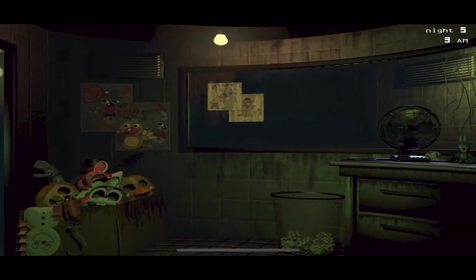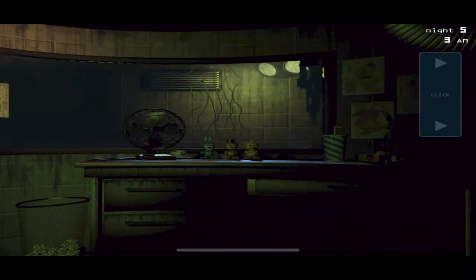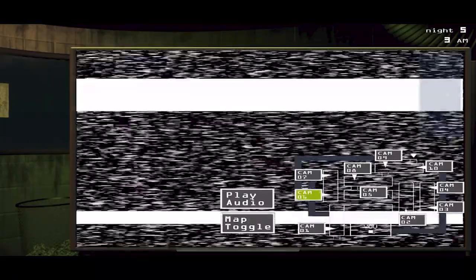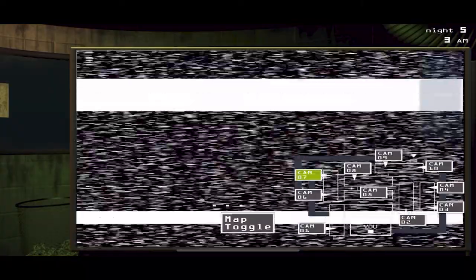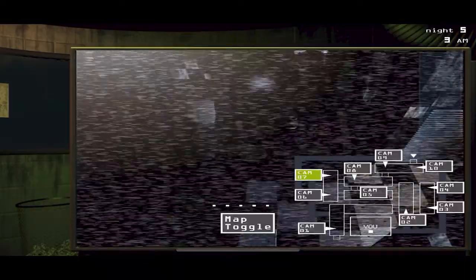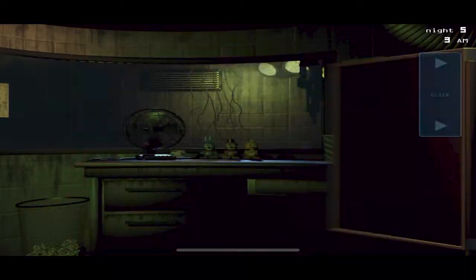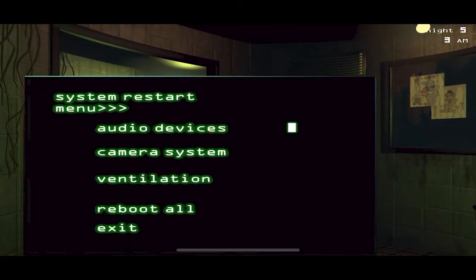If he ever goes from camera 8 to camera 5, because there's a little shortcut, just lure back to 6 and continue with the little strategy. But the main thing that can throw this little routine off of a cycle is either Phantom Chica appearing on the arcade monitor, or Phantom BB if you don't get that in time, or Foxy. Those are the main phantoms that can ruin this